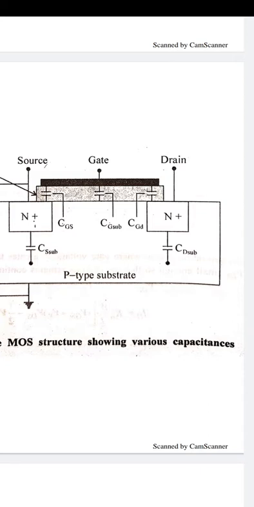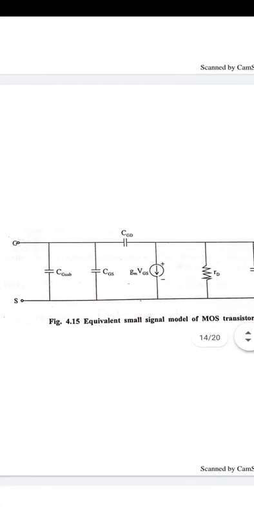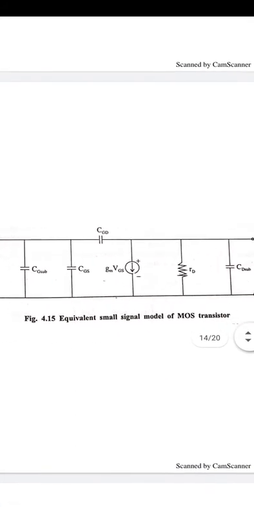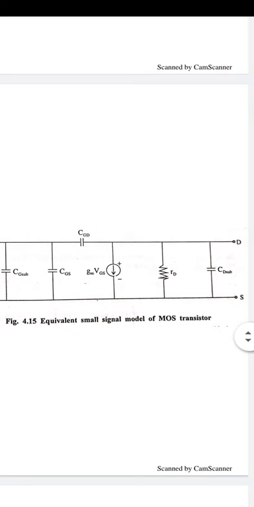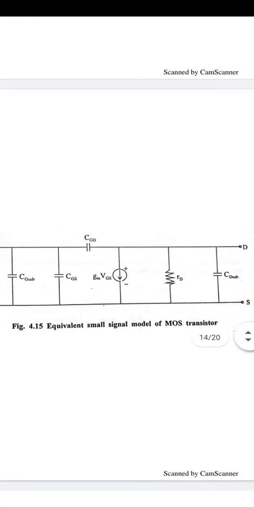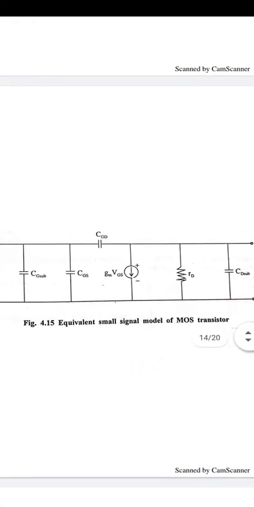to source voltage. So the channel acts as a resistor, which gives the drain to source voltage relation, denoted by the drain resistance. I will put the diagram here. In this, I will show the small signal equivalent model of the MOS transistor. Here I will show the different capacitances between the gate and substrate, gate and source, gate and drain, and drain and substrate, and there is no capacitance between the substrate and the source, that is nearly equal to 0.